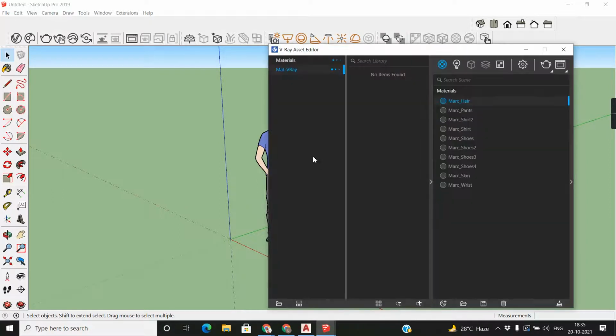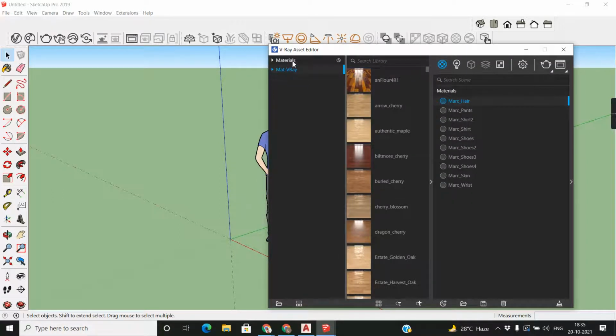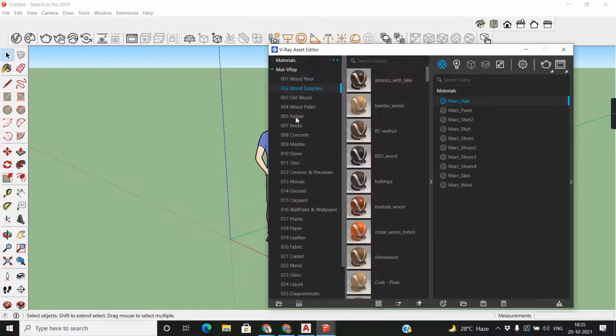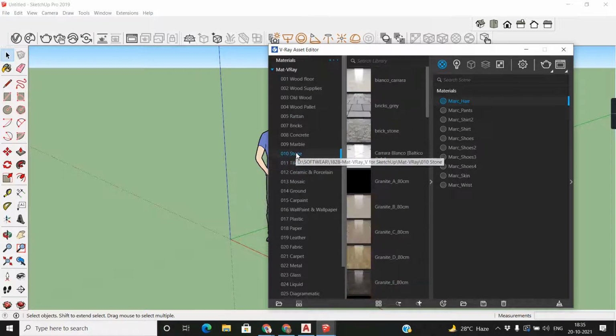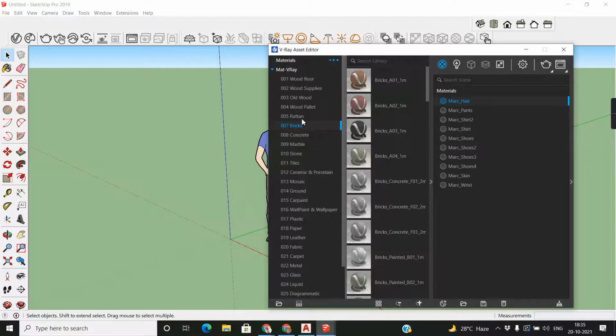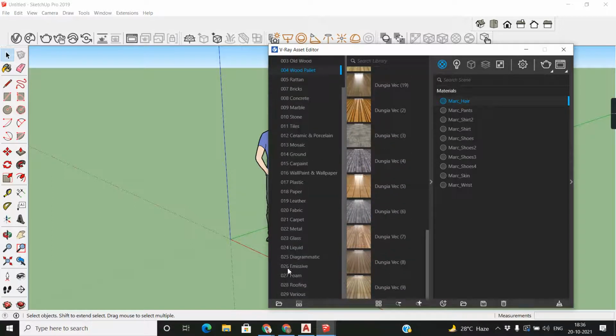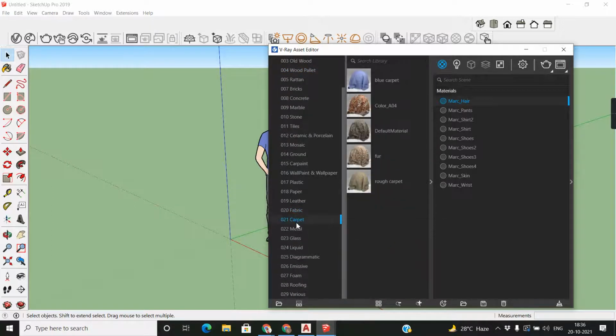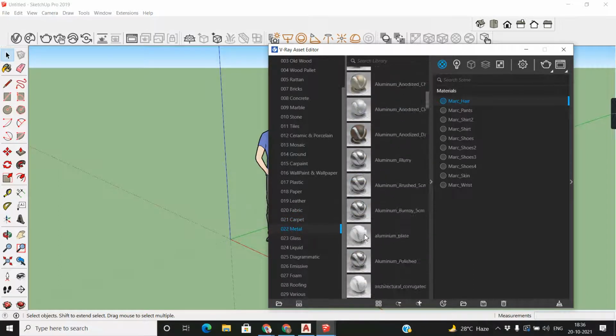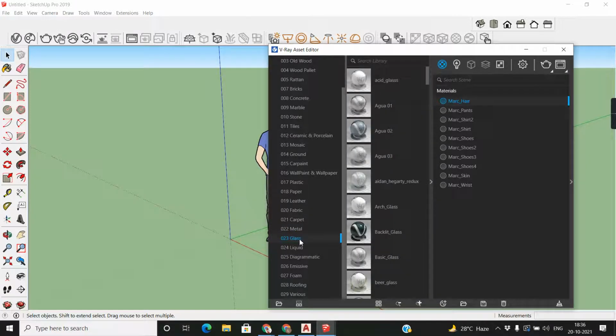If you're talking about material, see, you have a material library. Look, wooden, fabric, carpet, metal. This is foam.